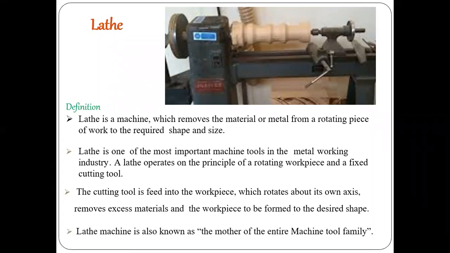The cutting tool is fed into the workpiece. As this workpiece is rotating about the axis, the cutting tool is going into the workpiece and removing the layer of the material. So layer by layer material is removed. The cutting tool is fed into the workpiece, which rotates about its axis, removing the excess material, and the workpiece is formed into the desired shape. If you see in this, maybe this kind of object you prepared in your workshop. This is nothing but a handle